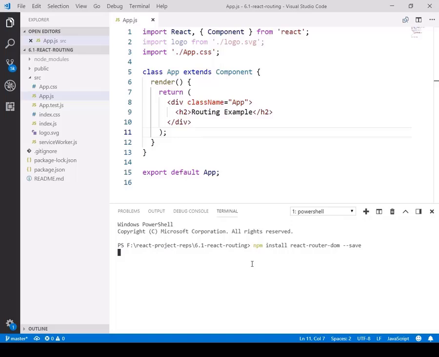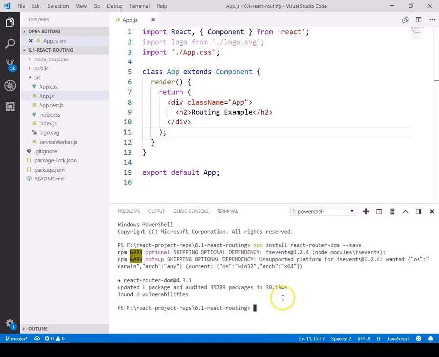Whenever you install any component or package using the save flag, it keeps the entry of that dependency in your package.json for further implementation. Tomorrow, if you wish to delete the node modules and restore the dependencies in the project folder, you can use the dependencies object from package.json. Once React Router DOM is successfully installed in our application, we need to run our application once.